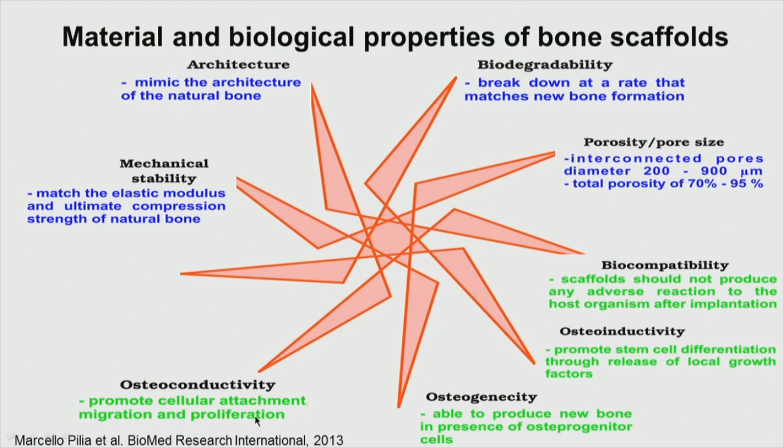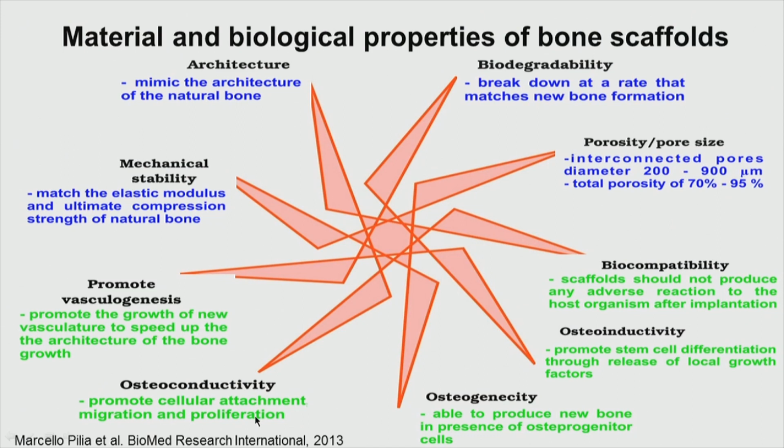So, that should also be happening. Promote vasculogenesis, this means we need to allow growth of new vasculature, that means we need to allow new blood vessels to grow, go in and complete the architecture of the bone. So, a lot of requirements, okay, for the biomaterial, if it has to be used for